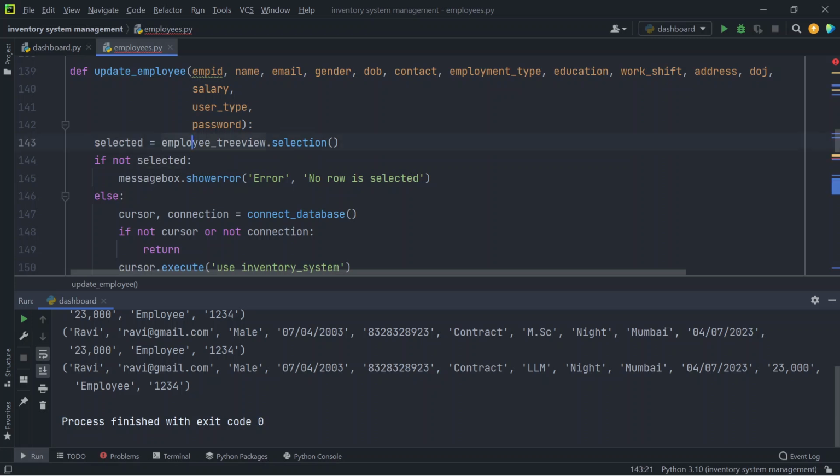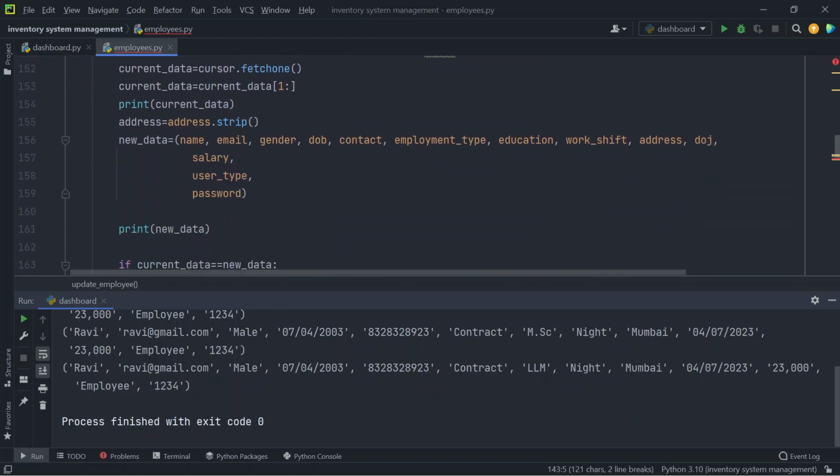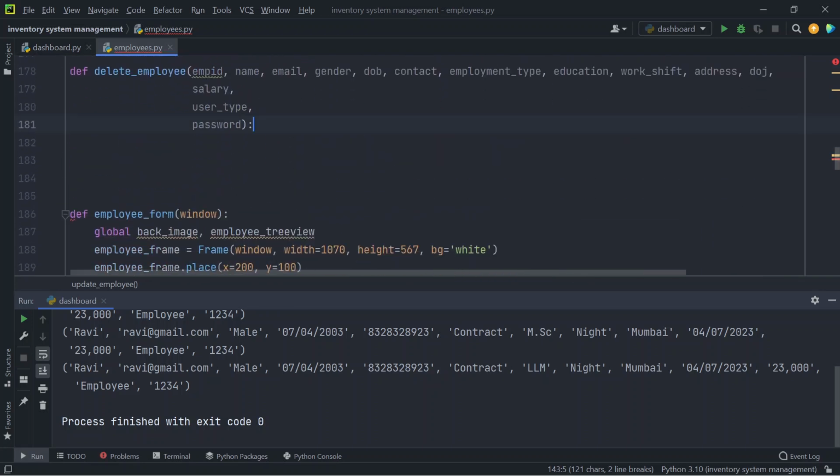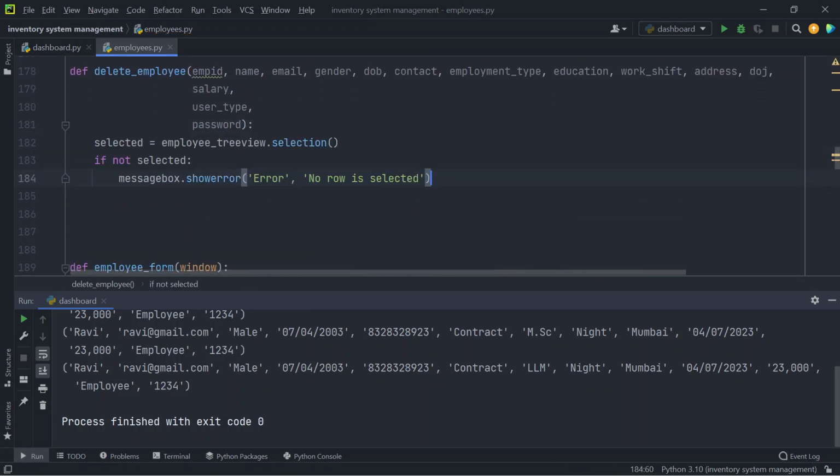So we'll use employee_tree_view.selection, and this will give us the index, and we'll check if there is no index, it means the row is not selected, right? So we can copy it from here and we'll paste here,